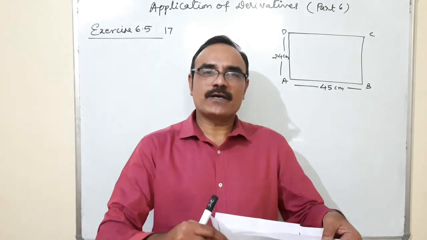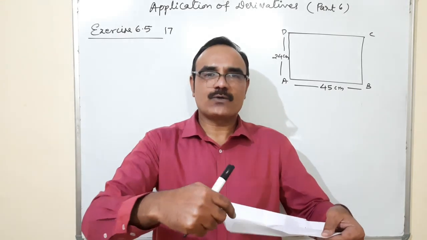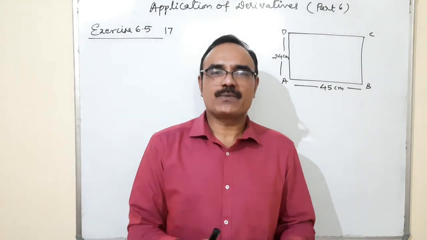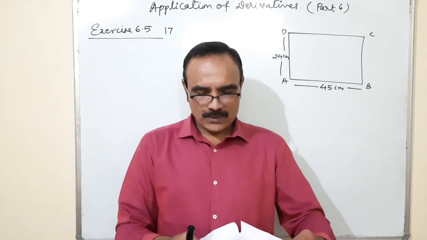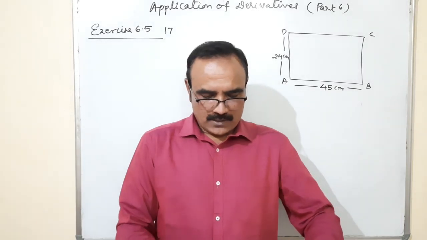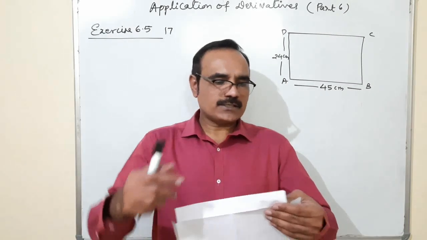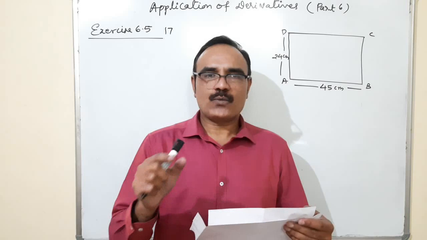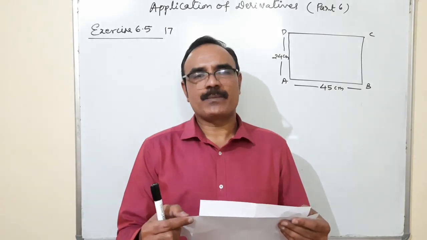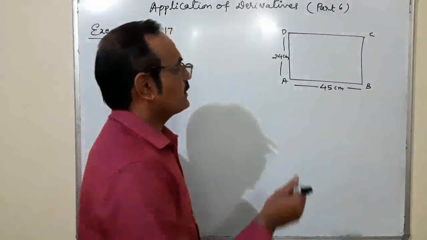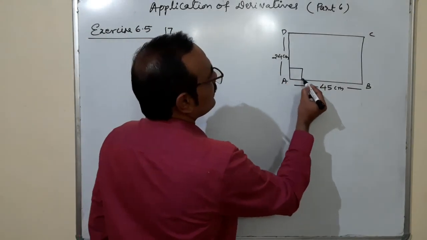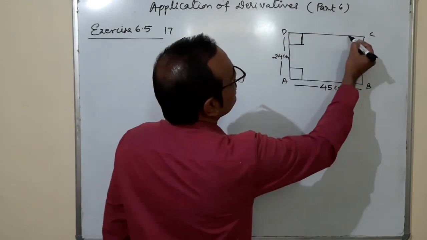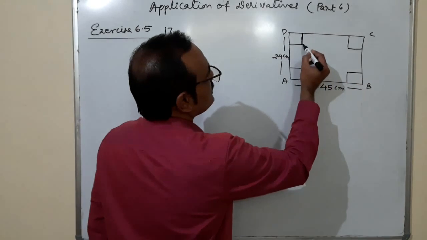So we are going to find the value of this x, that from where we should cut and what should be the side so that the volume of this cuboid should be maximum possible. Here this is total 45, and because we don't know the length of the side, we are taking the length of the side of this square be x. So from all four sides x, x, x is to be cut, and the remaining is to be folded.